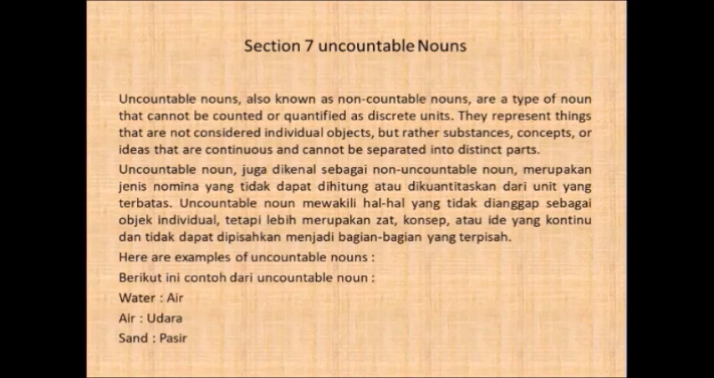Section 7. Uncountable nouns. Uncountable nouns, also known as non-countable nouns, are a type of noun that cannot be counted or quantified as discrete units. They represent things that are not considered individual objects, but rather substances, concepts, or ideas that are continuous and cannot be separated into distinct parts. Here are examples of uncountable nouns: